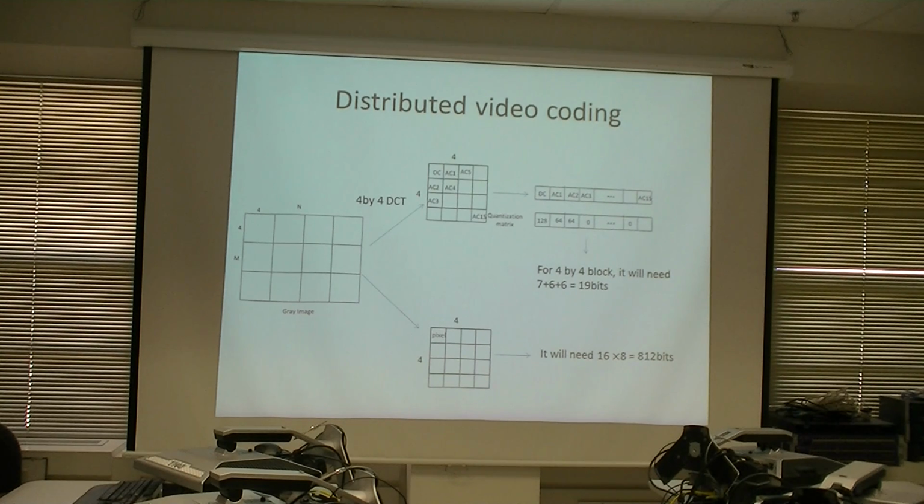So now we can design a weighted quantization matrix and allocate a large bit rate for the lower frequency bands. Suppose we only keep the DC band and the first two AC bands, and assign 7, 6, 6 bits for the bands respectively. So the